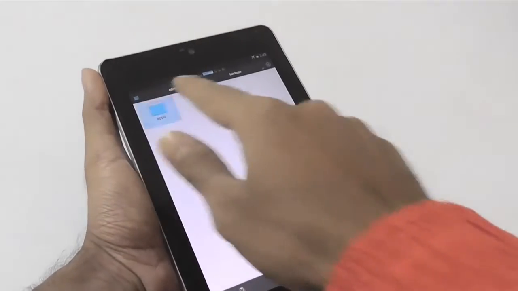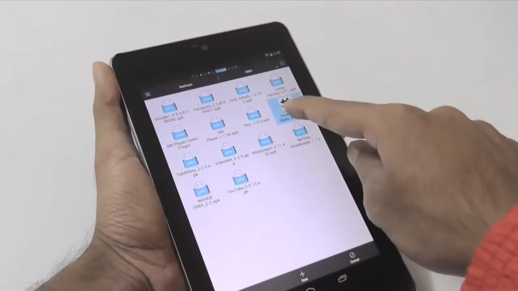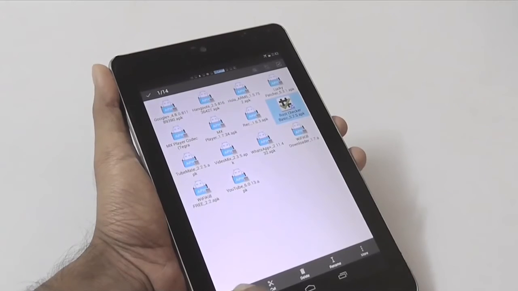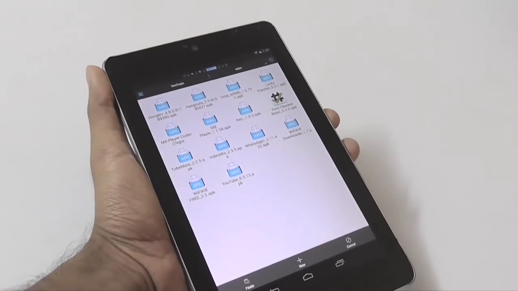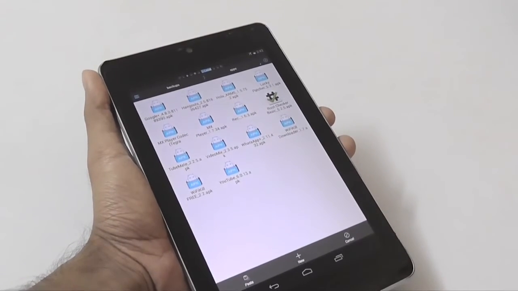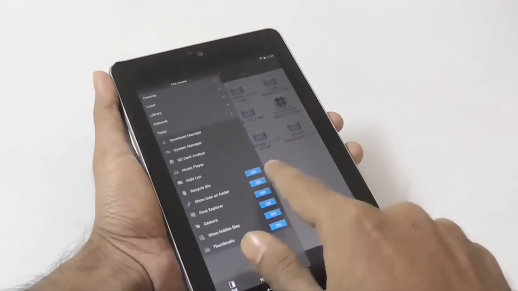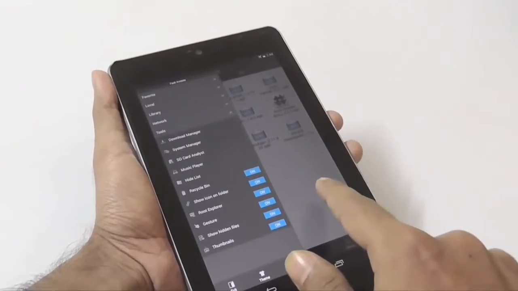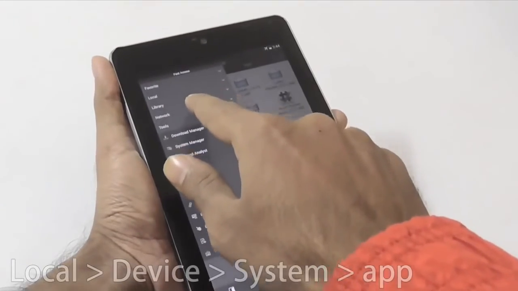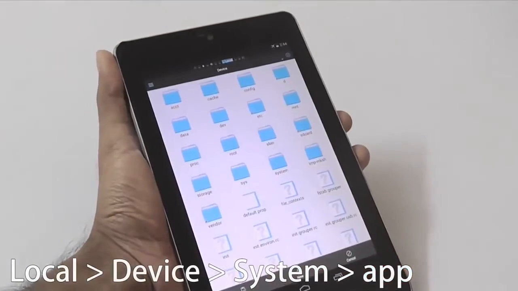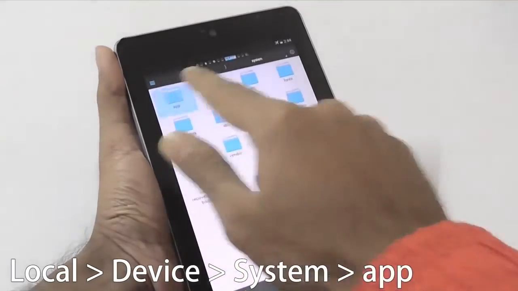Start with moving the APK of the application that you want to install as a system app to the system app folder. To do this, simply copy the APK to the clipboard, and the next step will require root access. So make sure that your device is rooted and then turn on the Root Explorer from here. Now navigate to the system app folder, which can be found under device, data folder, and then system subfolder.